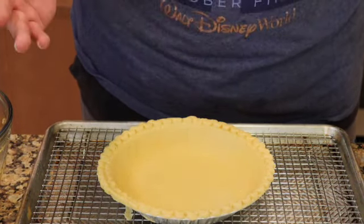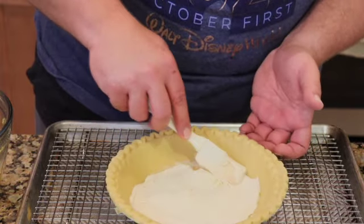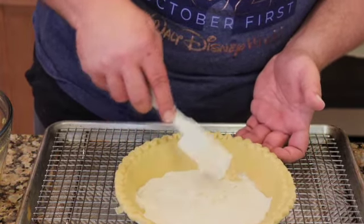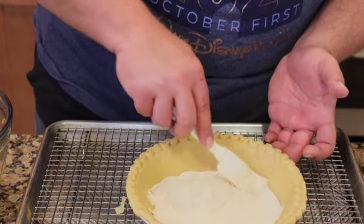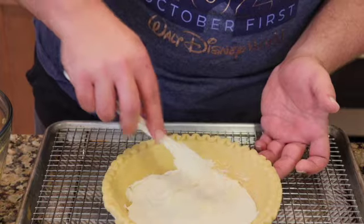Alright, and then we're going to smooth this all the way around. Nothing fancy. Just get it all so that it's even. You've got to be gentle with the store-bought pie crust because the little corners always break. Annoying. But, okay, so once this is all spread, nice and even,